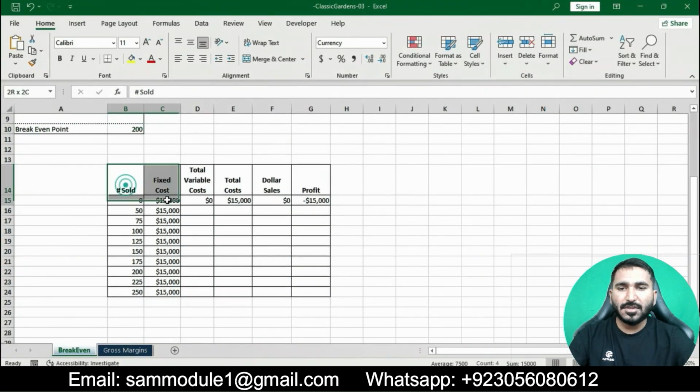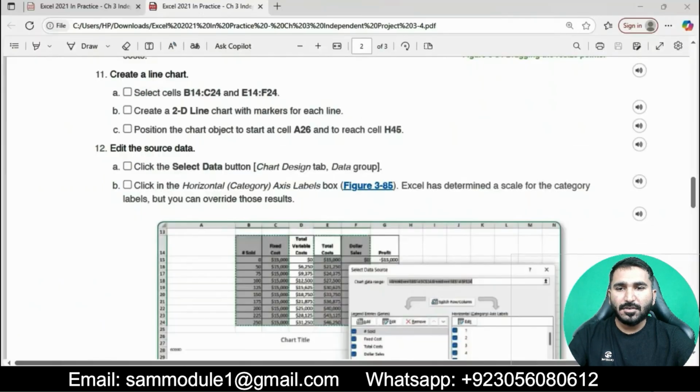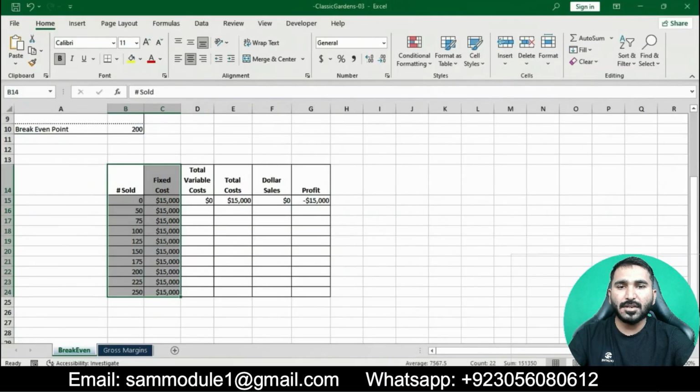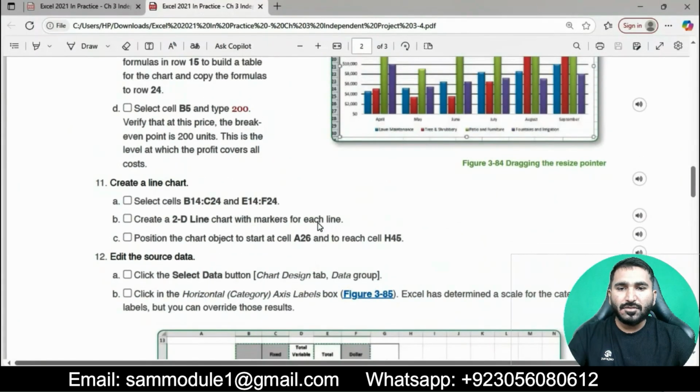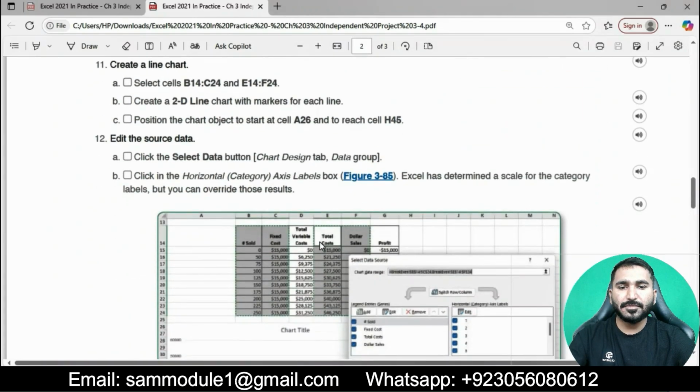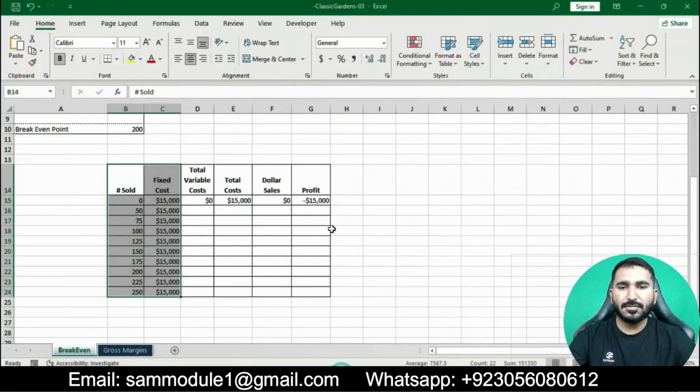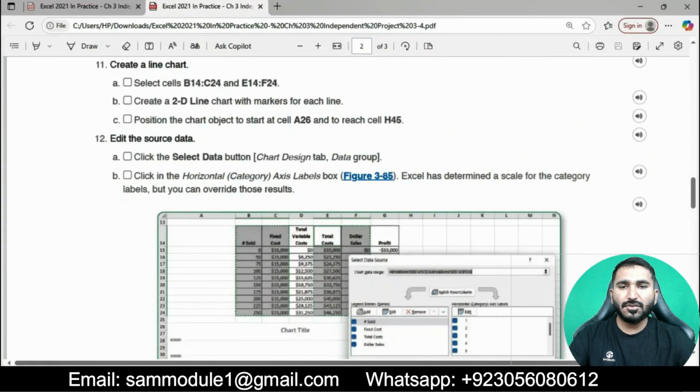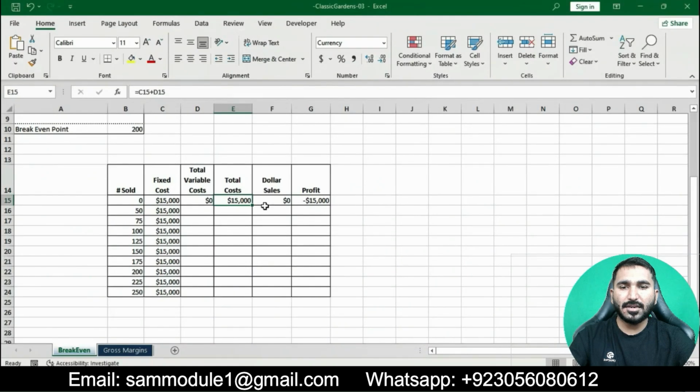First we will select the first range, B14 to C24, and then the second range is E14 to F24. Press Ctrl and then select the second range.